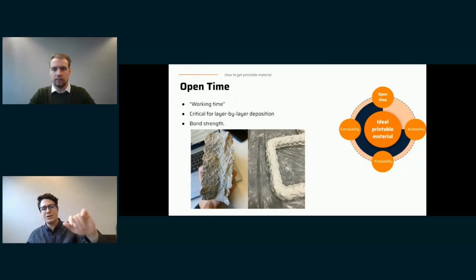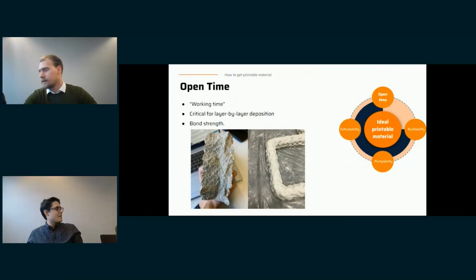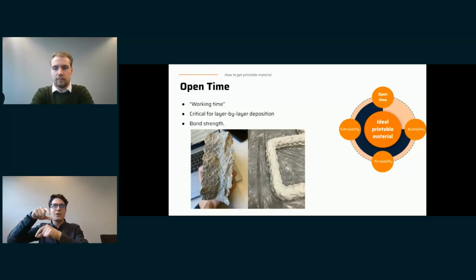For example, I took this picture a couple of weeks ago. The picture on the left is the cross section of one of our walls, and as you can see, there is no differentiation between layers. This means that there is a good bonding strength, and the whole wall is going to behave like a whole, like a monolithic, homogeneous element.